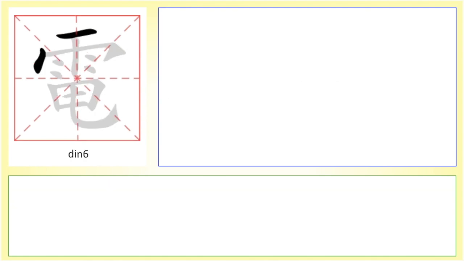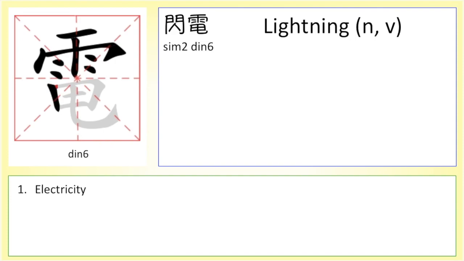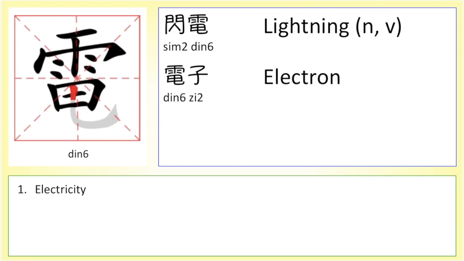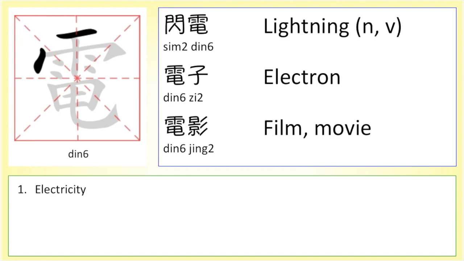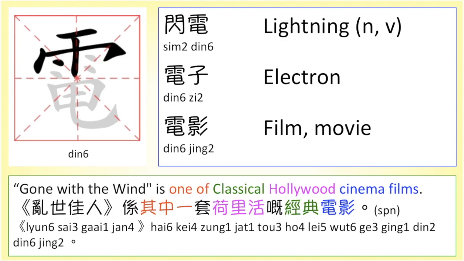The last one is 電, it means electricity. For example, 閃電，電子，電影。亂世佳人係其中一套荷里活嘅經典電影。